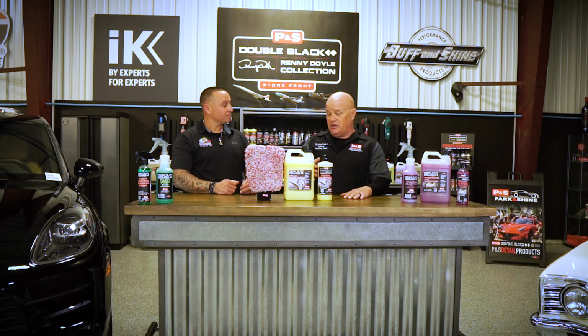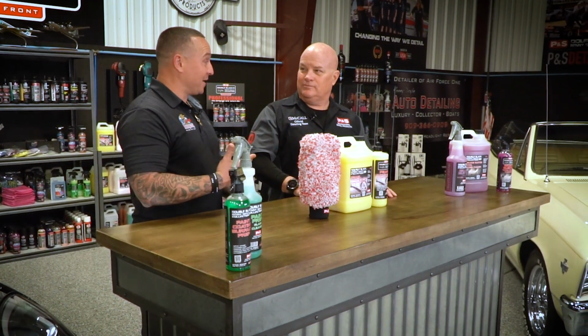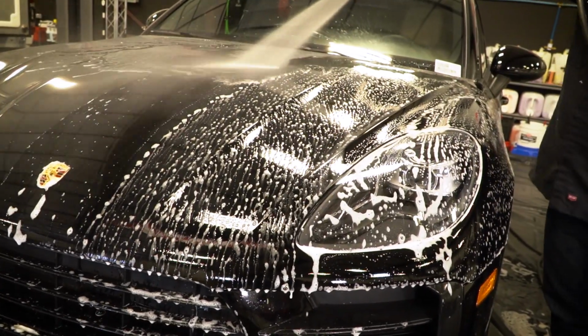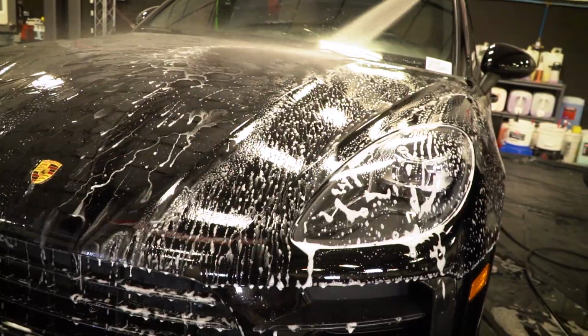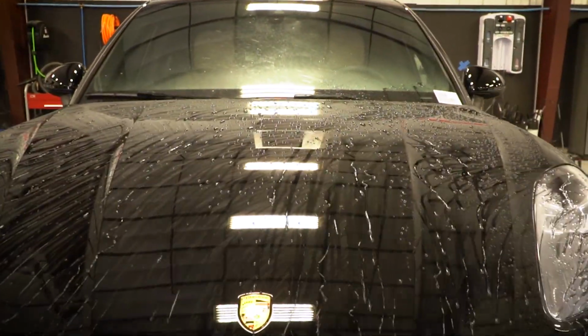It's a product that I use daily, and we absolutely love it. And with it being one of my personal favorites at the shop, why? Because in Florida, we get a lot of sun. So sometimes we have to wash cars at a certain time of day when the sun's at its peak. So when this dries on the surface, unlike other soaps, I could hit it with water, reactivate it, and